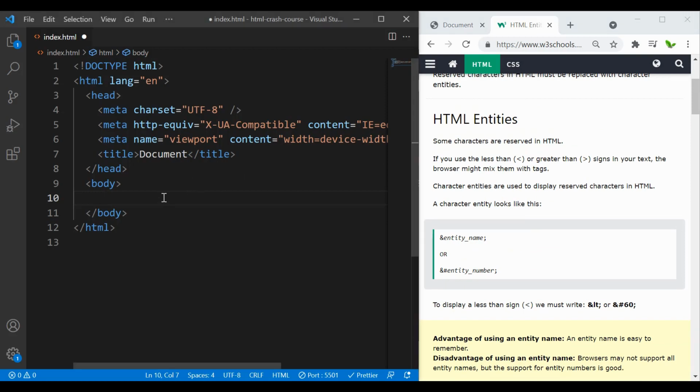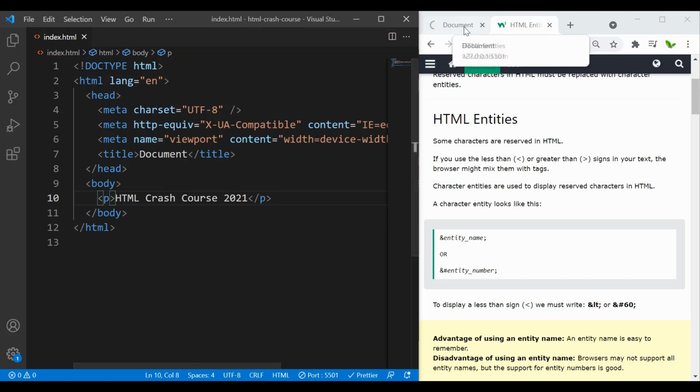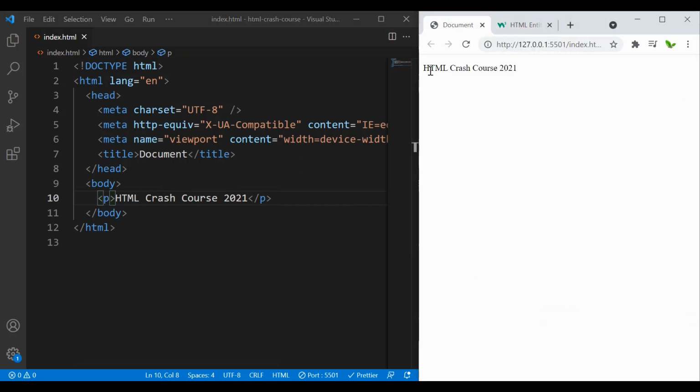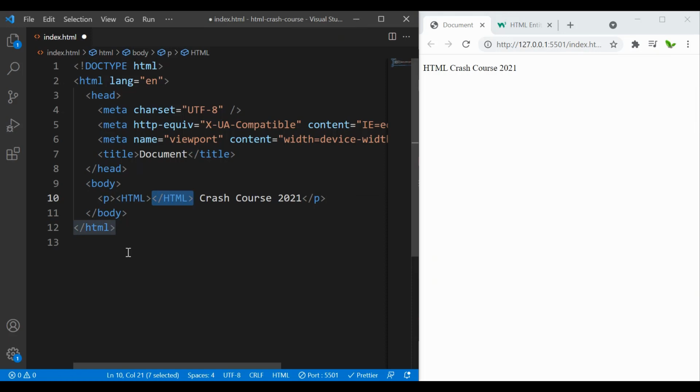Say I want a P tag, and I write HTML crash course 2021, right? Let me quickly save that, and this is what you can see. What if I also want to show the less than sign and the greater than sign like that, right? Now let me save it,